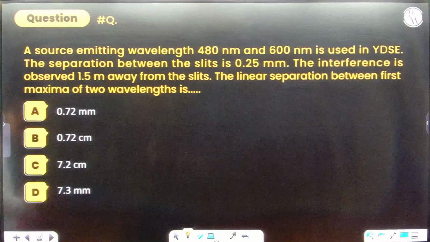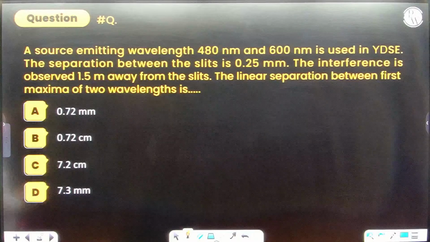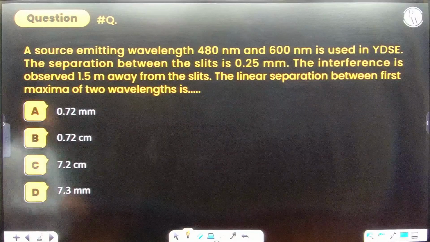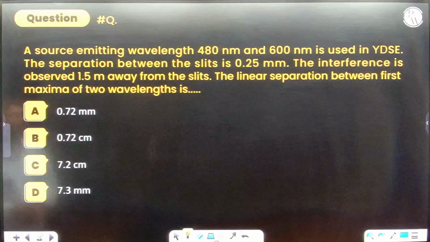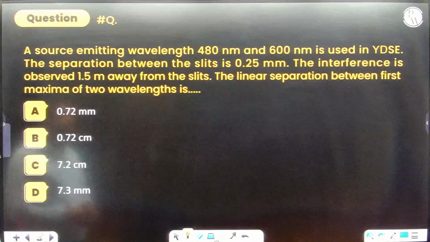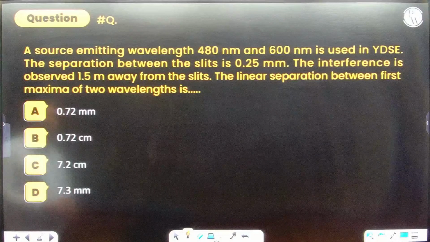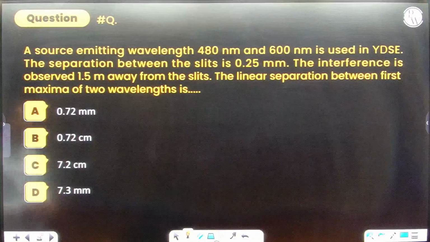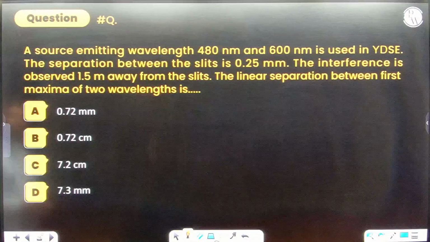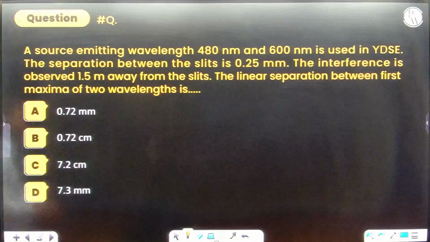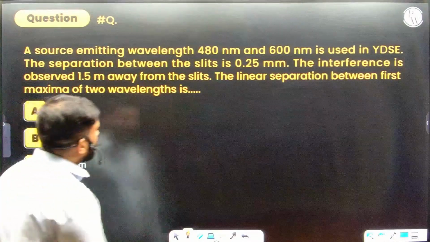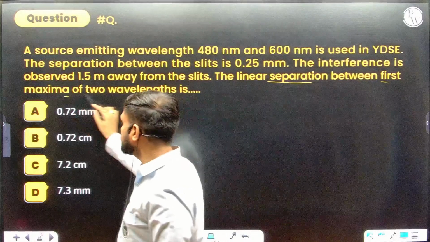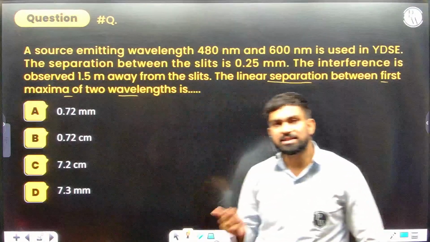Let's take another one. They are saying that a source emitting wavelengths 480 nanometers and 600 nanometers is used in YDSE. Separation between the slits is 0.25 millimeters. The interference is observed 1.5 meters away from the slits. The linear separation between the first maxima of the two wavelengths is. Okay. So what does this imply? The linear separation of the first maxima of the two wavelengths, that means you need to find the location of maxima of the first one